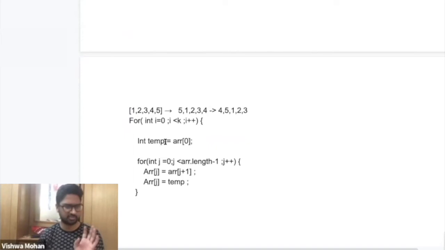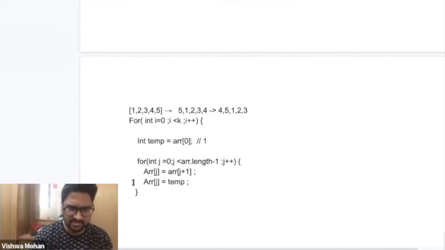I think Paritosh, you are thinking very right. But what you have asked me to write is that here the temp will store the value 1, and in the inner for loop the j value is 0. So at this statement, array of j, which is 0, and j plus 1, which is 1, it will convert this into this.